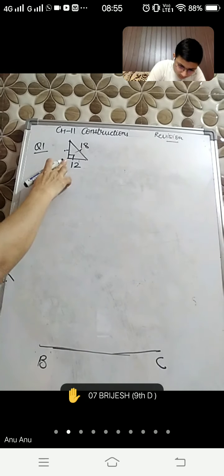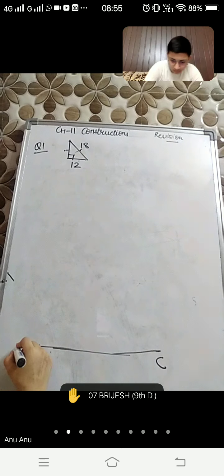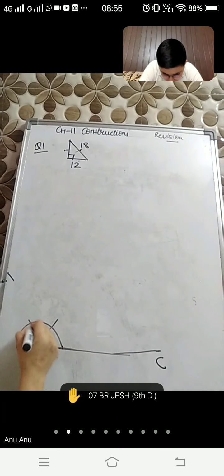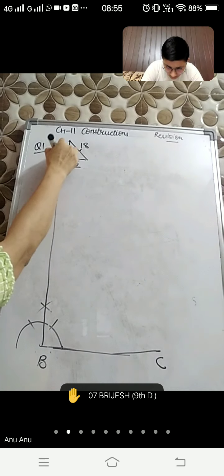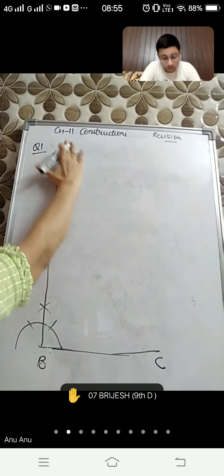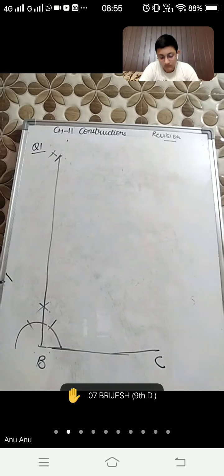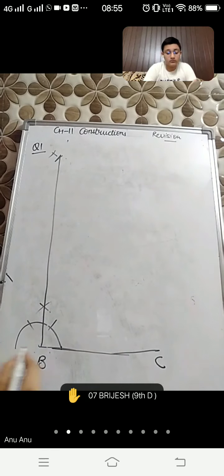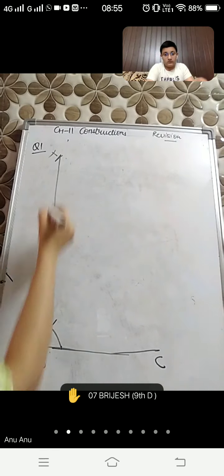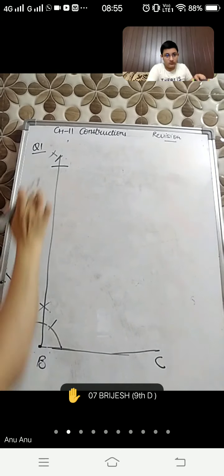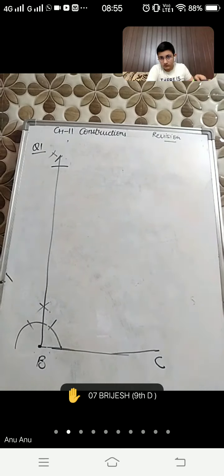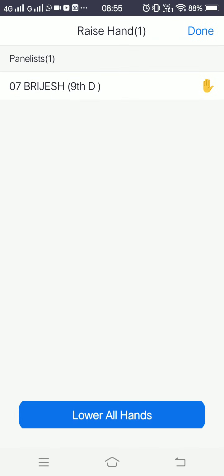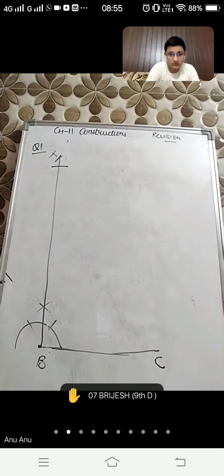Firstly, you will draw 90 degree. Like when an acute angle is given, now this time right angle is given. So from here you will draw 90 degree, and you will name it as X. Now the sum of two sides is 18. What you will do, you will draw the arc of 18 centimeter from the point B. Now 18 is not possible to draw with the compass, so you will again draw it by dividing into two parts.